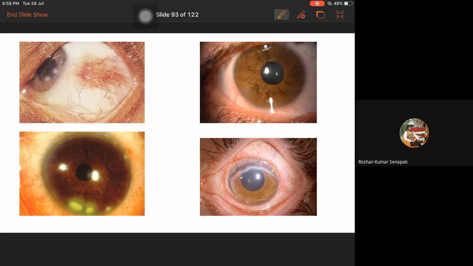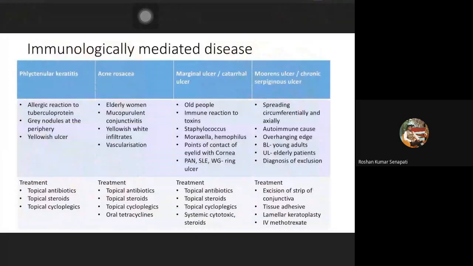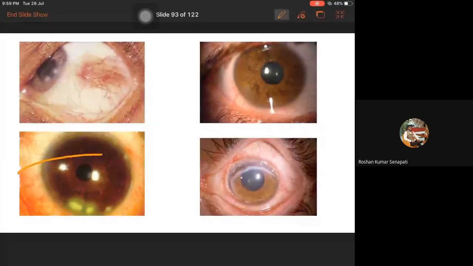You can make out at the margin, if you compare with this or this, they will have very serious big ulcers, especially at the margins, and they will have an underlying cause. Normally we see, suppose this is the eyeball, we see them exactly where the eyelid comes in contact with the eyeball. This is the position, here and here. These are the most common positions where the patient will develop the ulcer problem.